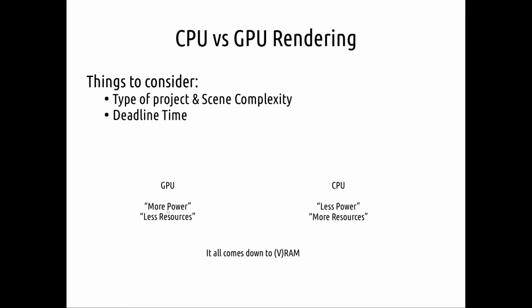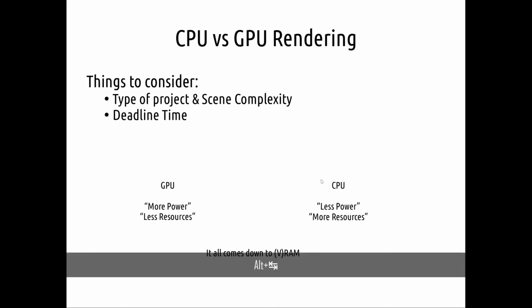Now that being said, I've never really run into a lot of issues with GPU rendering yet, because I do a lot of motion graphics work, and generally the scenes aren't as complex, depending on how you look at it, of course, but I managed to get some stuff out very quickly because of this. If I'm doing more resource intensive stuff and I have a very complex scene with hundreds of textures and millions of polygons, chances are you're probably not going to be able to fit it on the GPU, so the CPU will be your best friend in that case.